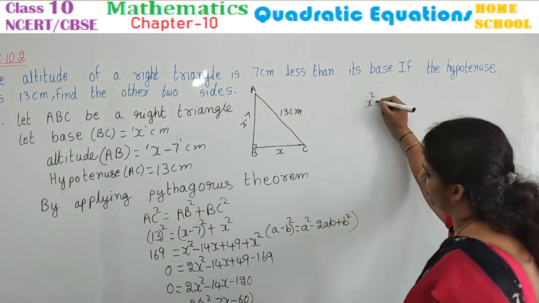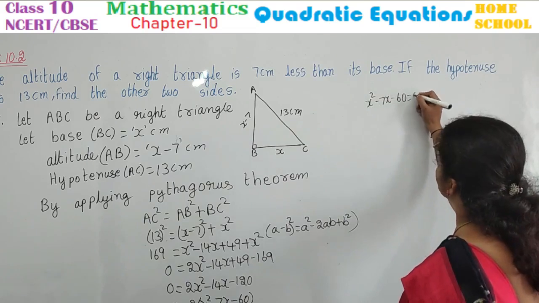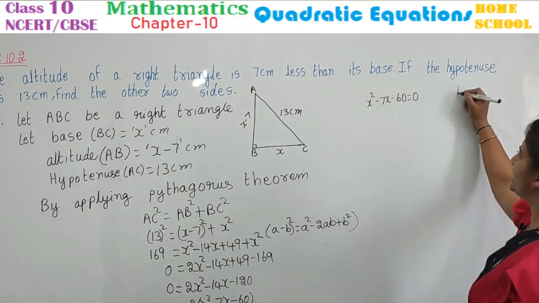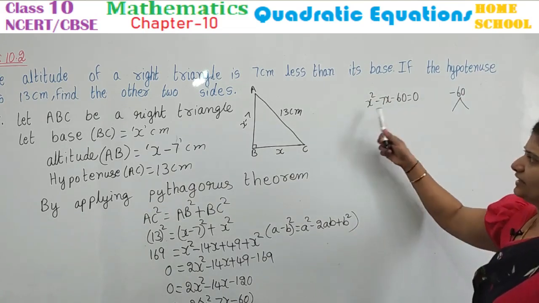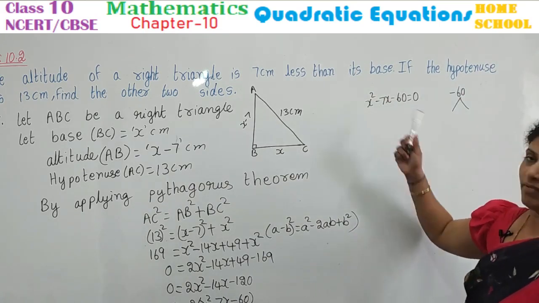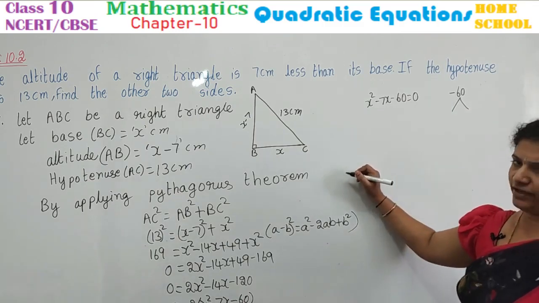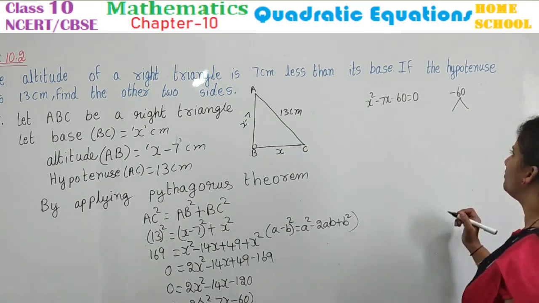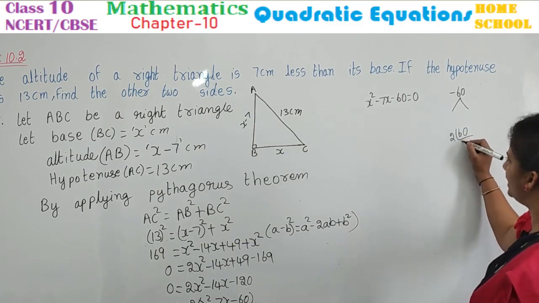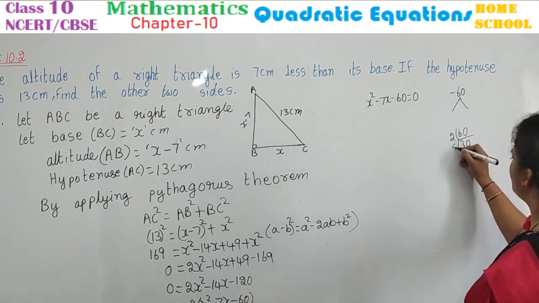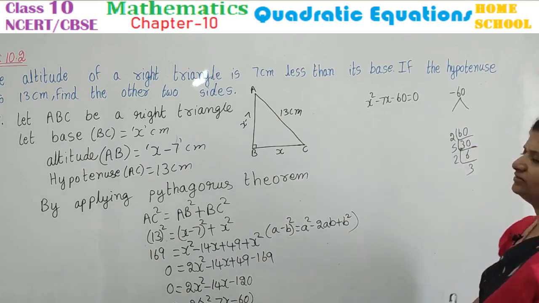X square minus 7x minus 60 equal to 0. 60, what are the factors, children? Minus 60, you need to calculate the factors in order to get minus 7. 10 and 6 are 60, we won't get it. Then which number can we take? Let's take LCM. Look here carefully. 2 13s are 5 6s are, and again 2 3s are.